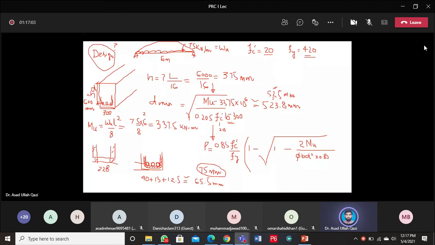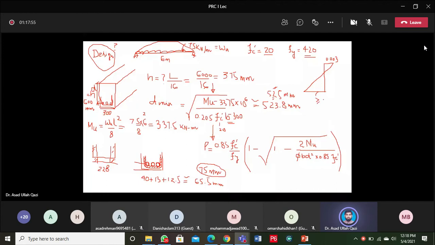Now this equation will help us to determine that rho which will qualify crushing versus a steel strain in the steel greater than or at least equal to